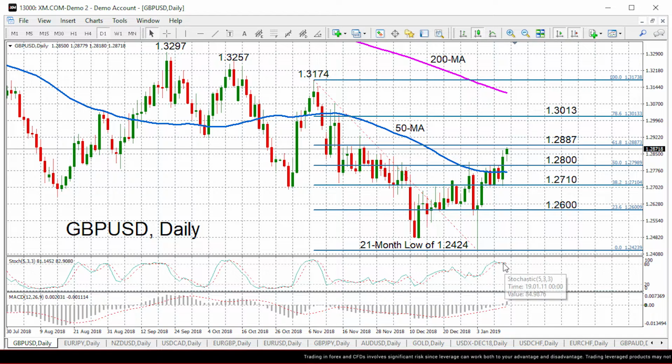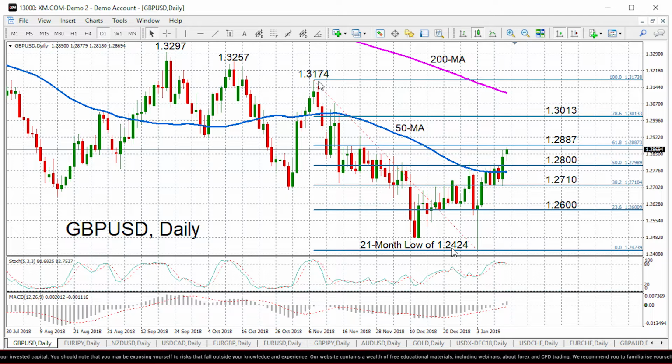Stochastics are in overbought territory, though they are flatlining, but we could nevertheless see a possible downside reversal in the near future. The MACD is also looking rather bullish at the moment. It has turned positive above its signal line. If we do see further rises, there could potentially be some resistance at the 61.8% Fibonacci retracement of the downline